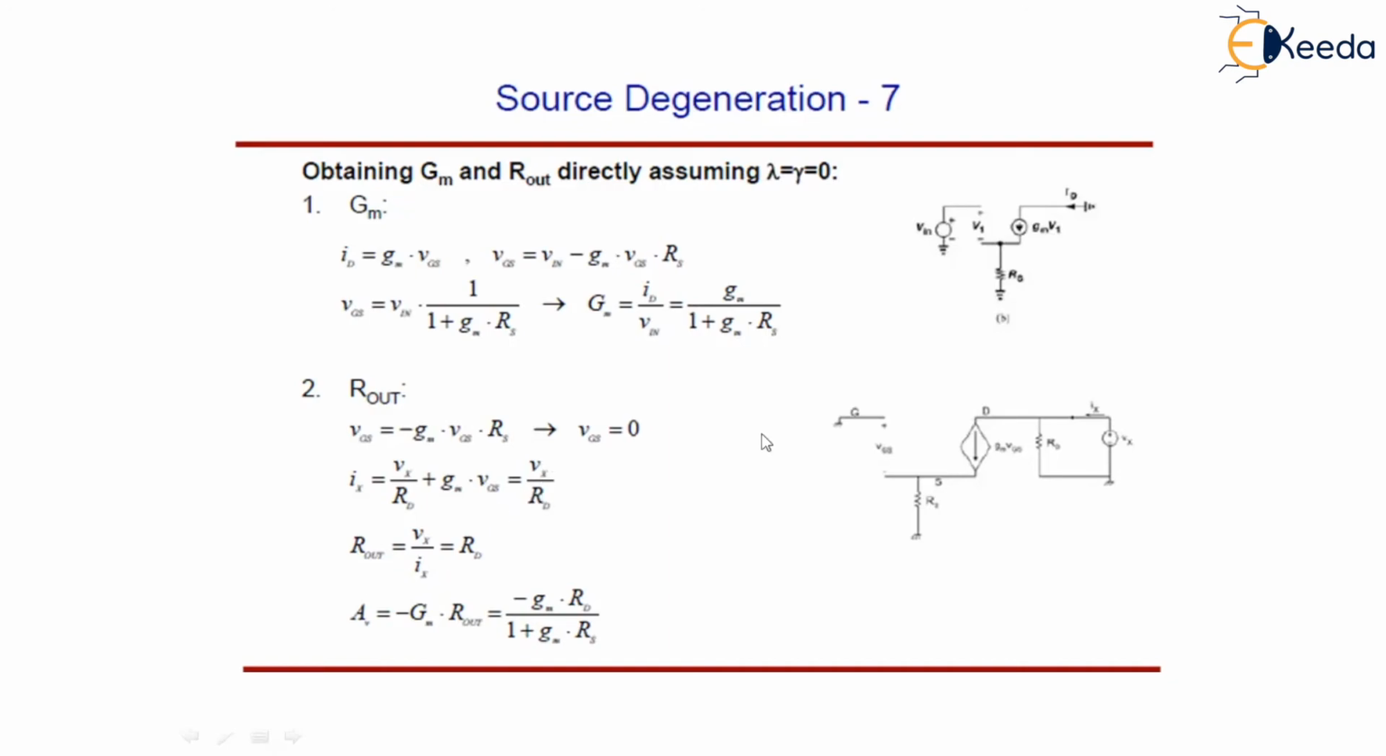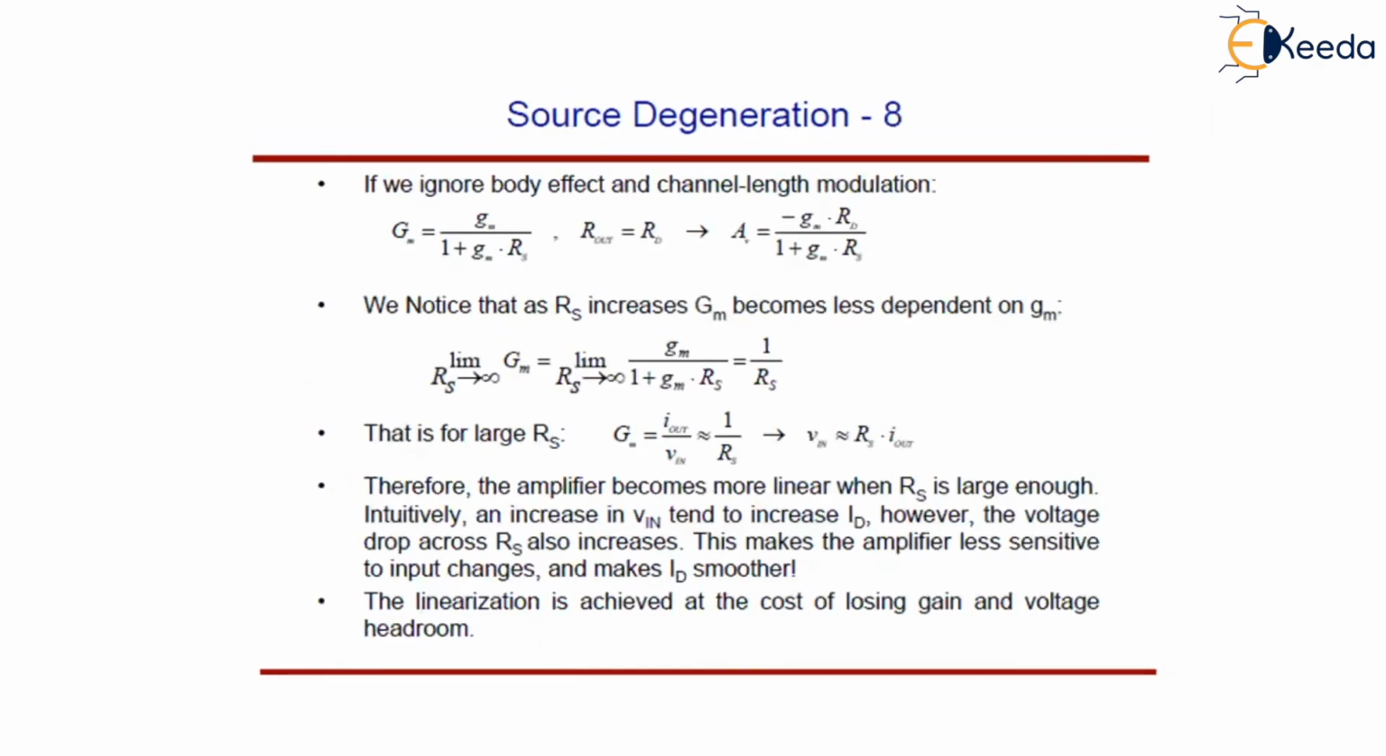Now Rout, that is the output impedance, is given as Vx upon Ix, which is nothing but Rd. Now we will calculate the voltage gain. We have already calculated it, that is minus Gm upon 1 plus GmRs. Now what we have observed from all these voltage gain, equivalent transconductance and output impedance, we